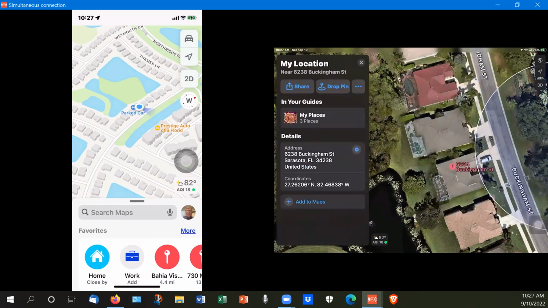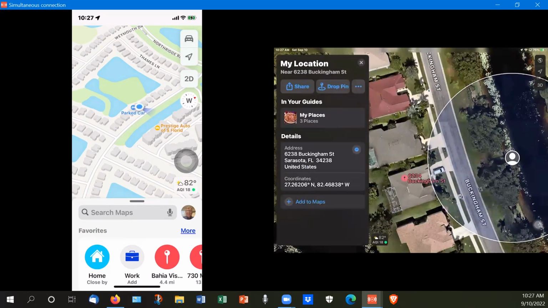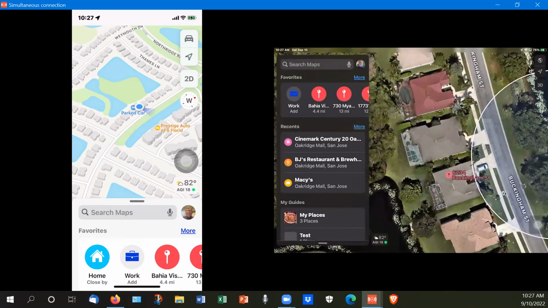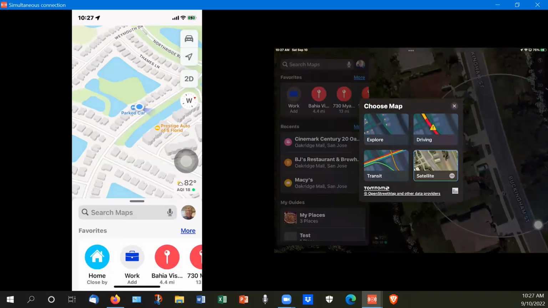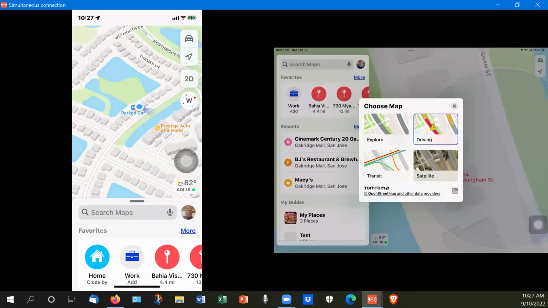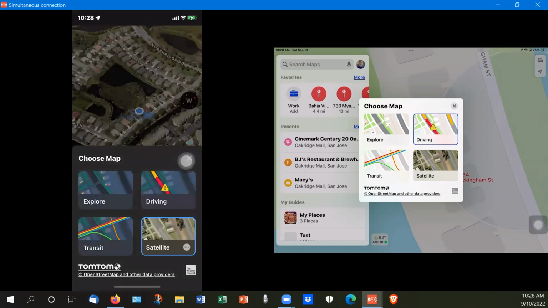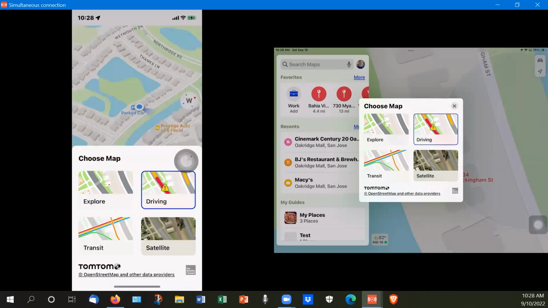Okay. But some of those are below the picture. Mine is. I'm not sure what you mean by below the picture. The four squares that say choose map, explore, driving, and transit, satellite. Okay. They are below there too, in my iPhone. And these are just different ways you can view. If you're going to be using this to get directions, you want to be in driving mode